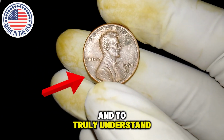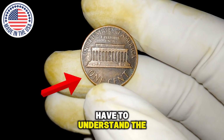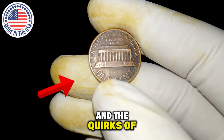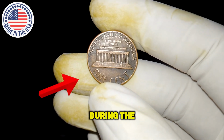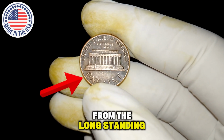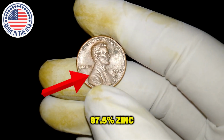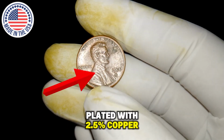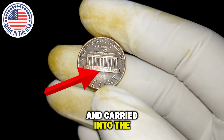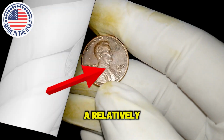And to truly understand why this particular penny can command such astronomical figures, we first have to understand the background of the 1-cent Liberty coin, the processes of the United States Mint, and the quirks of coin production during the early 1980s, when the composition of the penny had recently been changed from the long-standing 95% copper and 5% zinc to a core of 97.5% zinc-plated with 2.5% copper due to rising copper prices, a shift that occurred in 1982 and carried into the following years, meaning that the 1984 D penny was already part of a relatively new era